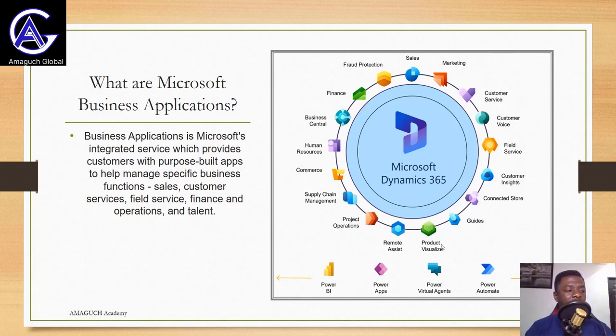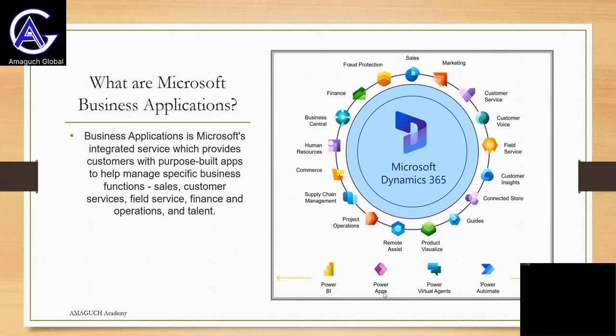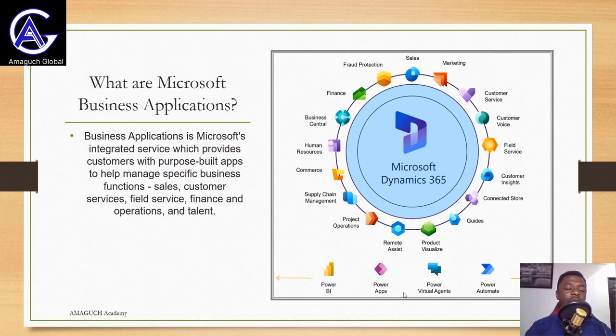Then we also have how those applications flow. We have things they connect to, like Power BI, which is your business intelligence tool. We have your Power Apps, which is where you have the apps you'll be interacting with, which makes up most of all this. Then we have your Power Virtual Agent, which happens to be the Microsoft Copilot agent that we have currently now. And we have your Power Automate, which helps to automate repeated tasks. Basically, the business application is Microsoft's integrated tools, and you could actually get a hold of that